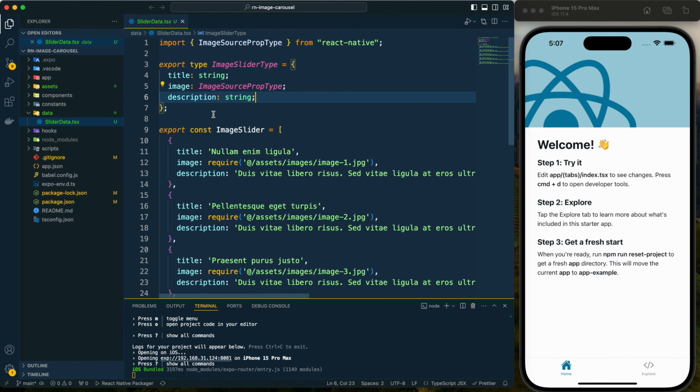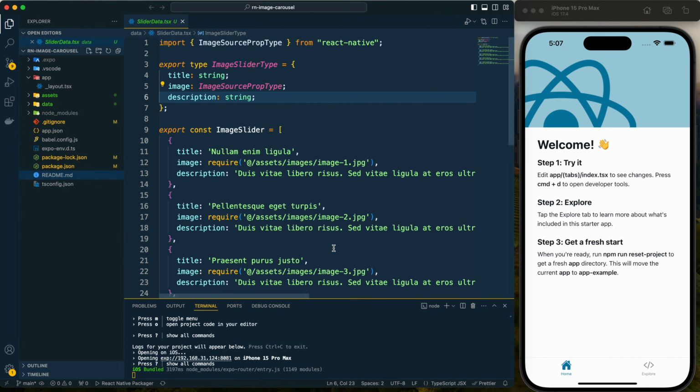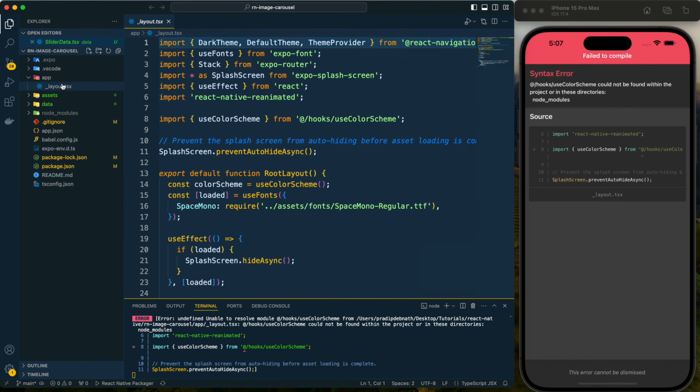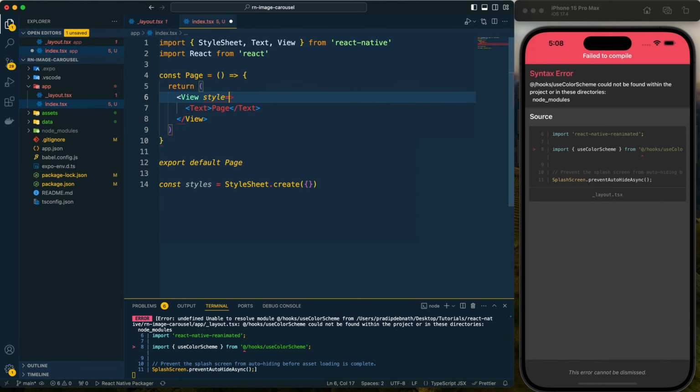So these are the things which I have added to this project, and now here you can see we have the boilerplate, so we need to delete those things. I don't need this tabs directory, so I'm getting rid of this. I don't need these files, and let's delete these components, constants, hooks and scripts. So I'm deleting these files, and along with that I have this error. So let's create our first file, which is index.tsx, and let's call it page, and I'm providing